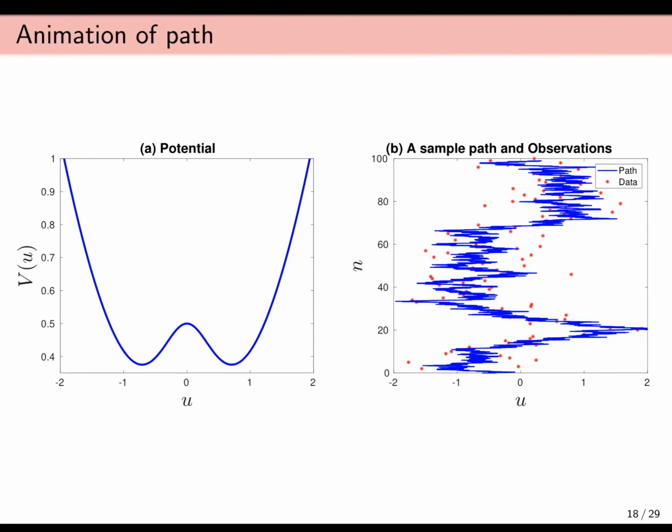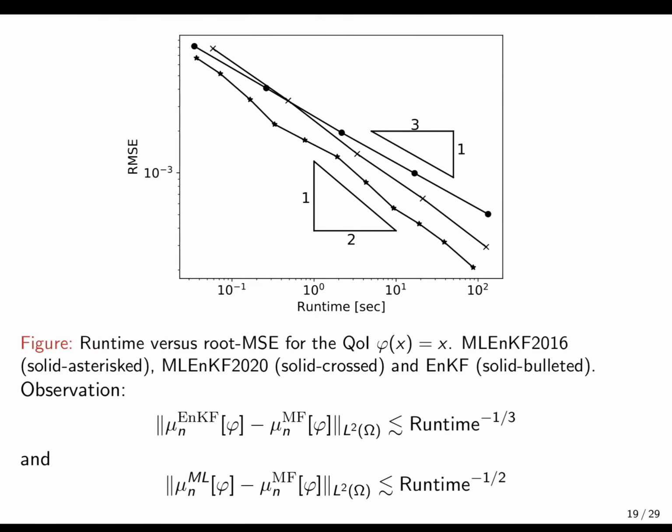And just to illustrate, so here is the potential function, and the point being here is that we want to study really how well we can infer the state of a particle just from our noisy observations, because you see that these are like pseudo stable states. So from time to time you're transitioning from one state to the other, but then you remain in one well for a quite long time.